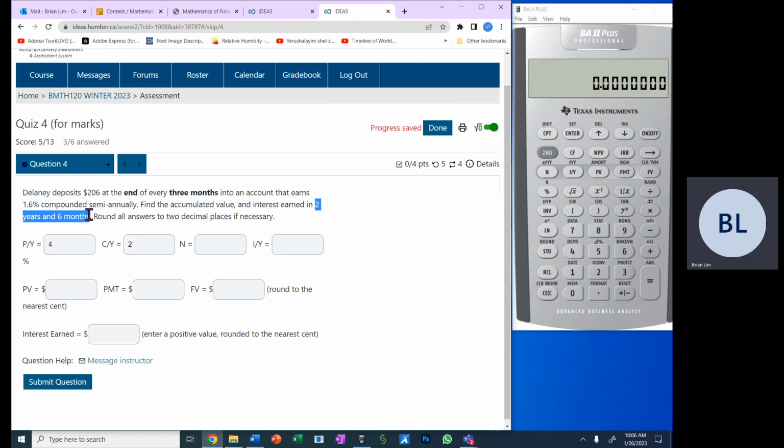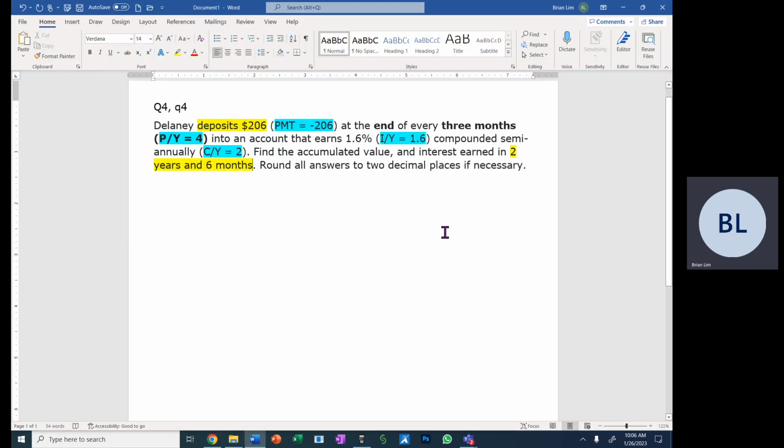Remember, N is the number of years times the PY value, meaning the number of compounding periods for that specific term of investment, meaning in this case 2 years and 6 months. So we should do a slight conversion first. If you want to convert 2 years and 6 months,